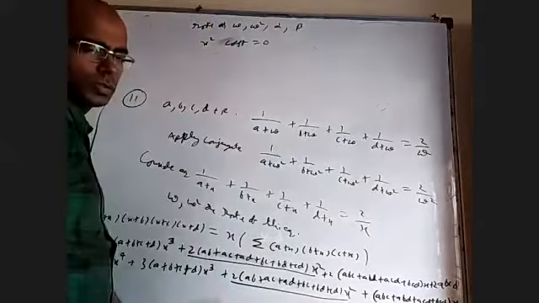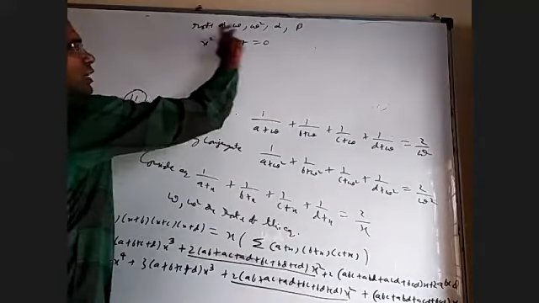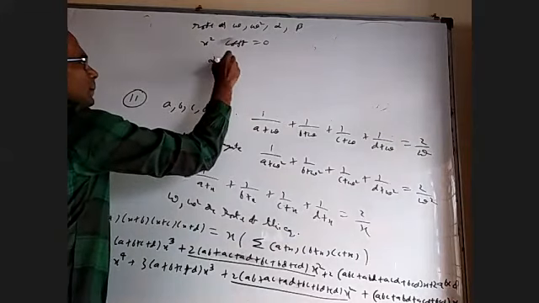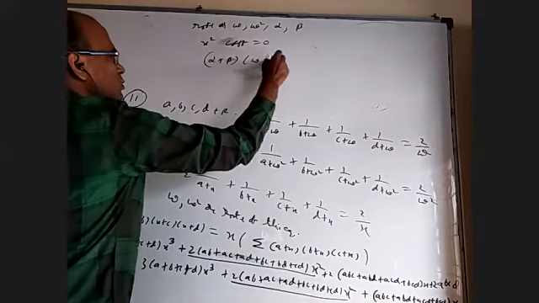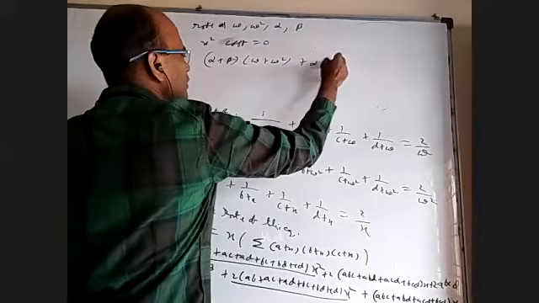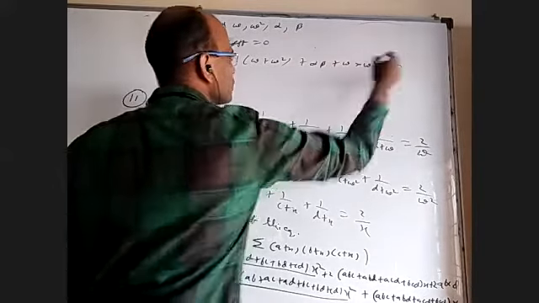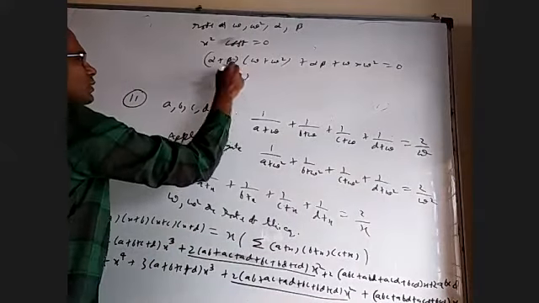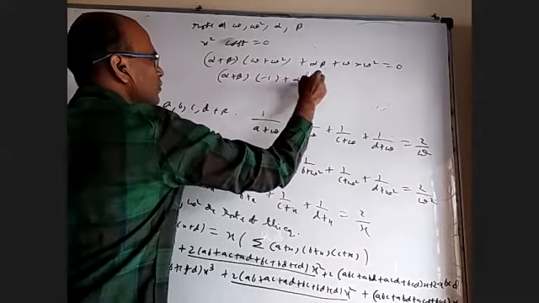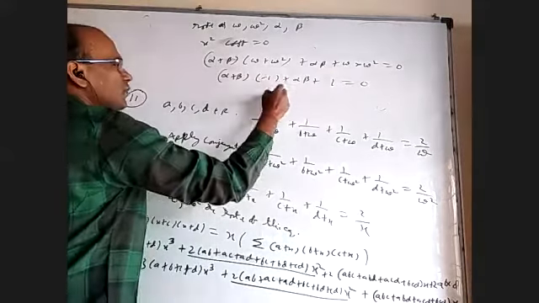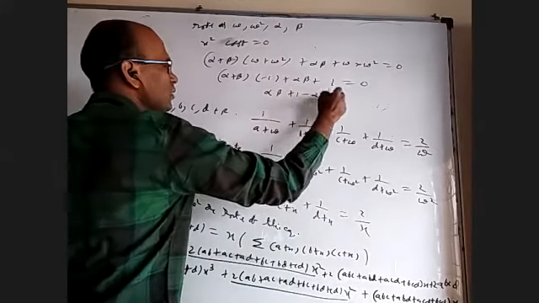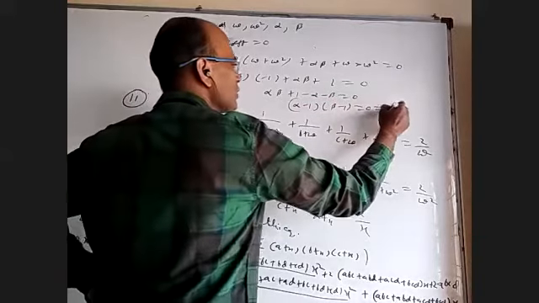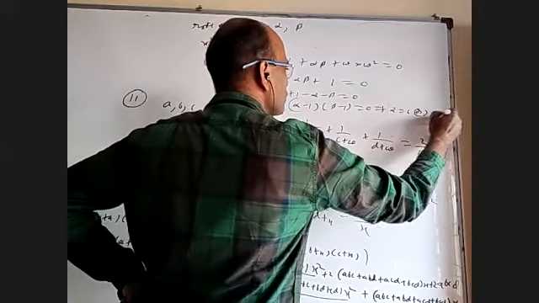Okay. So the x square coefficient is 0, which means I have to take all kinds of two at a time. How to take them? Take (alpha plus beta) into (omega plus omega square) plus alpha beta plus omega into omega square equal to 0. Now, what is omega plus omega square? Minus 1. So (alpha plus beta) into minus 1 plus alpha beta plus 1 equal to 0. So you got alpha beta plus 1 minus alpha minus beta equal to 0. When you expand, you will get (alpha minus 1) into (beta minus 1) equal to 0, which means alpha equal to 1 or beta equal to 1.